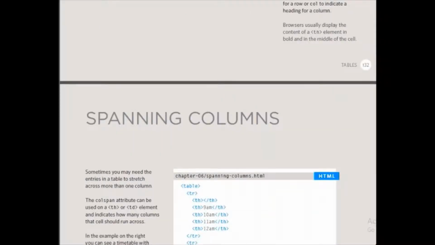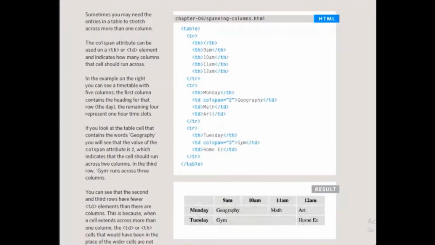Spanning columns. Another thing you can do is, sometimes in situations you have to span your row to multiple columns. For that we will be using the attribute colspan equal to 2. What we have done: first row, second row, third row.